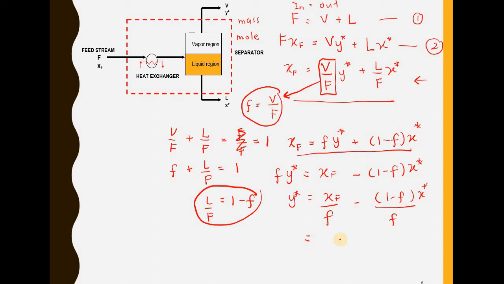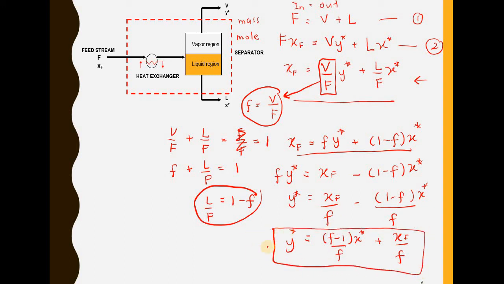So it will become F minus 1 over F X star plus XF over F. So this equation is in the form of Y equals mx plus C. This is the M gradient, and this is the